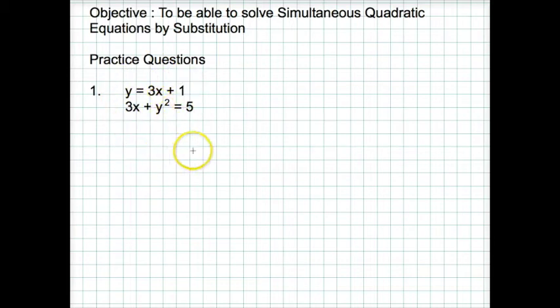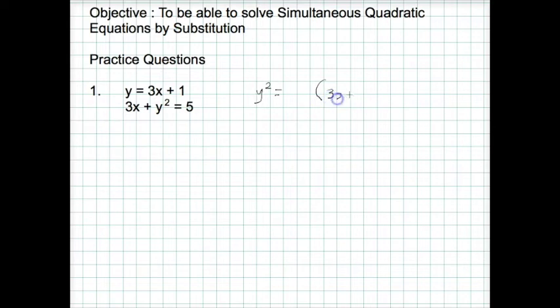This one's already been done for us. If we have a look at the first equation, y equals 3x plus 1, we've already got y as the subject. So we can start off with this one and substitute an expression for y into the second equation. We've got y squared here, but y is going to be 3x plus 1. So the first thing we're going to do is sort out this y squared. y squared is going to equal